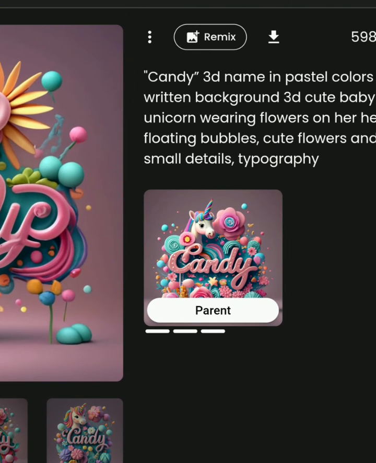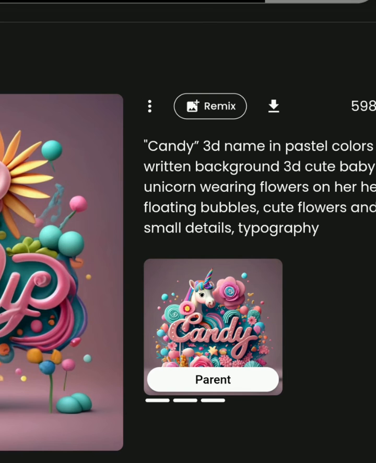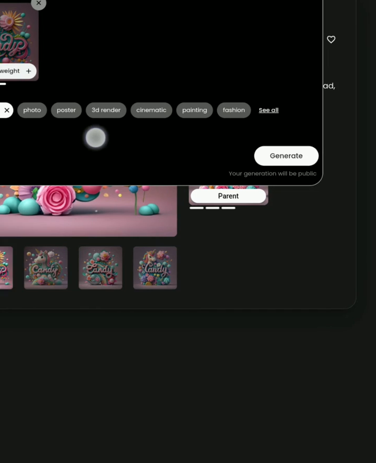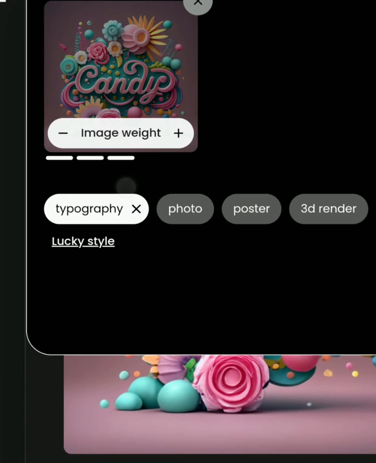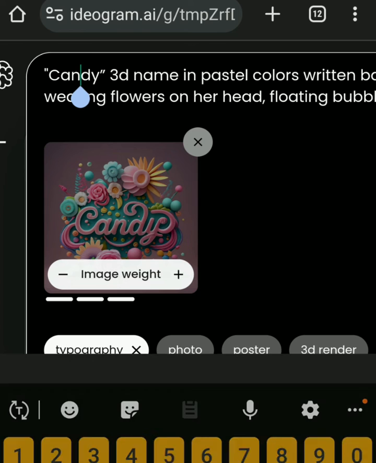Now once you find it, I want you to go and look for remix. You can see remix here. Just click on remix. Once you click on remix, it's going to give you the ability to change it or to use it. Now 3D. Okay, let's zoom in. You can see candy over here. You want to click on that candy,